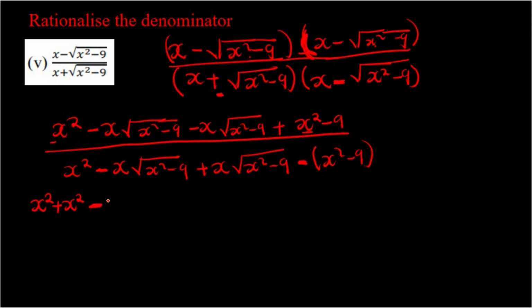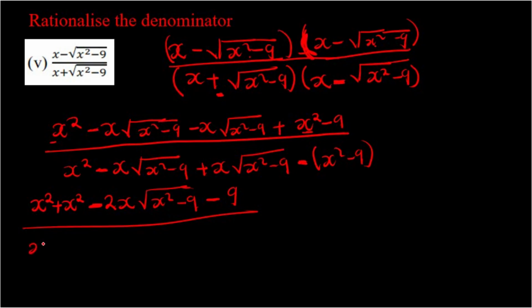It will give us 2x squared minus 9. Then remember that there is 9 there, 9 there, right? Then the other part now, what you do, you say x squared minus, this is 0 because this is negative and this is